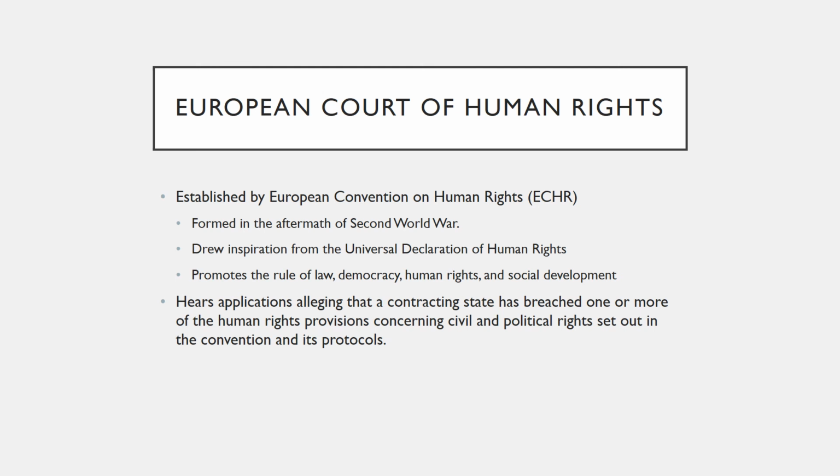The European Court, or Strasbourg Court as it is often called, serves a complementary role to that of the European Committee of Social Rights, which oversees European states' respect for social and economic rights. The court has jurisdiction to decide complaints, applications, submitted by individuals and states concerning violations of the Convention for the Protection of Human Rights and Fundamental Freedoms, commonly referred to as the European Convention on Human Rights, which principally concerns civil and political rights. It cannot take up a case on its own initiative.